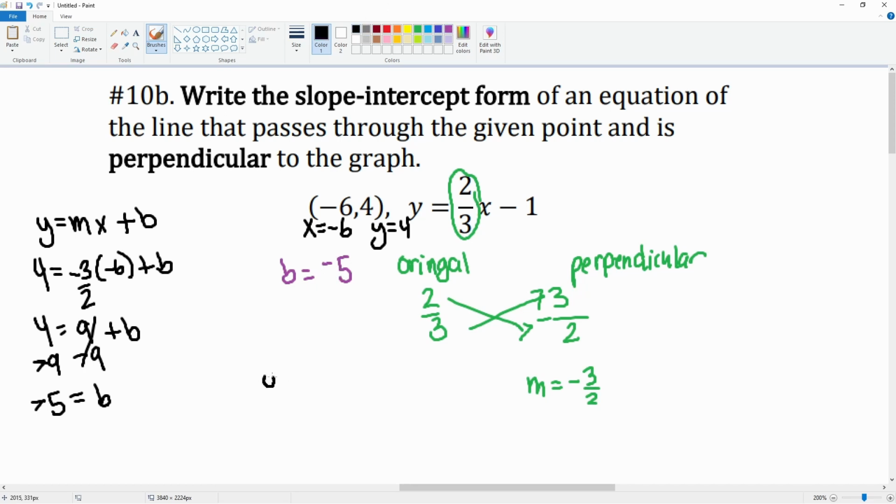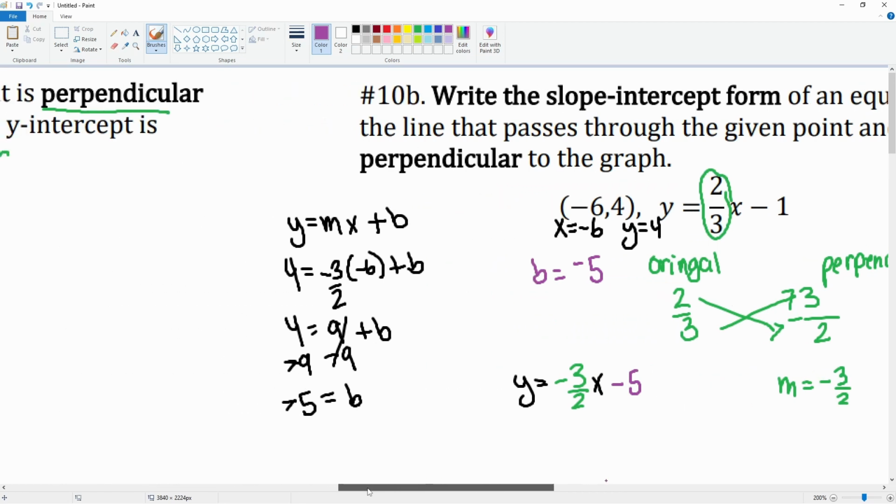So your equation would be y is equal to the slope of -3/2 x minus the 5, which is the y-intercept. So there you go. That is how you write the equation that is perpendicular